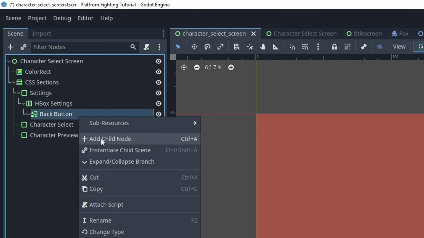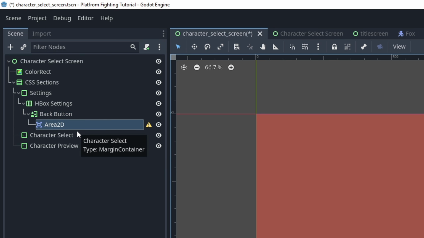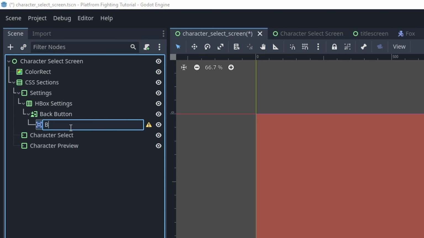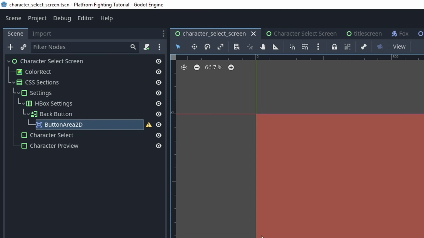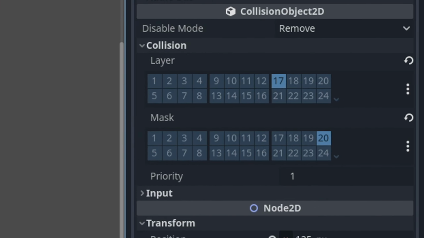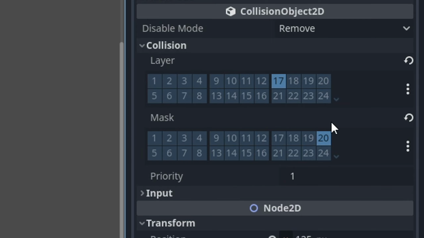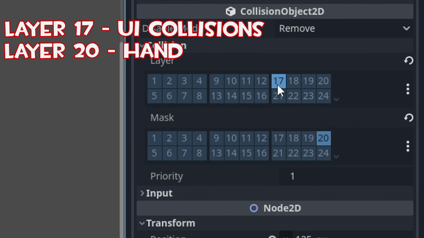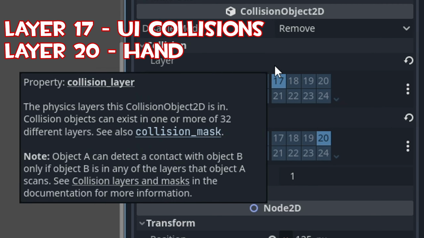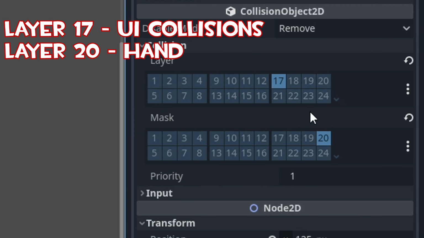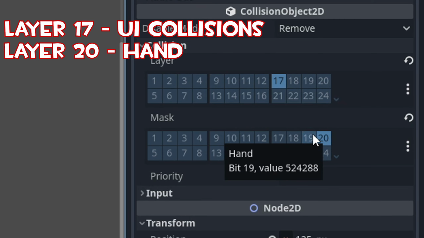So what we're going to do is add a new child node, and then we're going to change its name from area 2D to button area 2D, like so. Now, in terms of the properties that we're going to change, all we're going to do is enable layer 17 for our collision layers, and then for our mask, enable layer 20. Layer 17 corresponds to UI collisions, and mask 20 corresponds to the hand that's going to interact